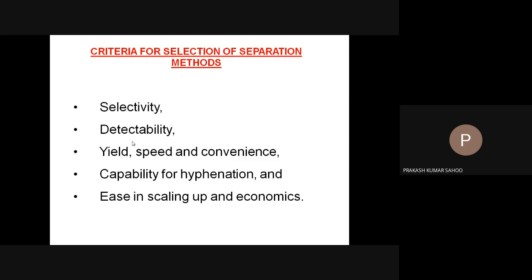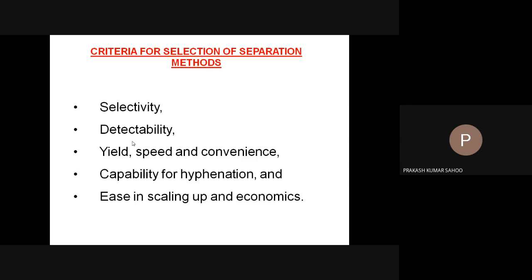If I have chosen two separating methods, and from the first method I have 8 grams of ultra pure substance, and in the second method I have got 10 grams of ultra pure substance, then I will prefer method 2 for the separation because it will lead to a high yield. Then the speed is also an